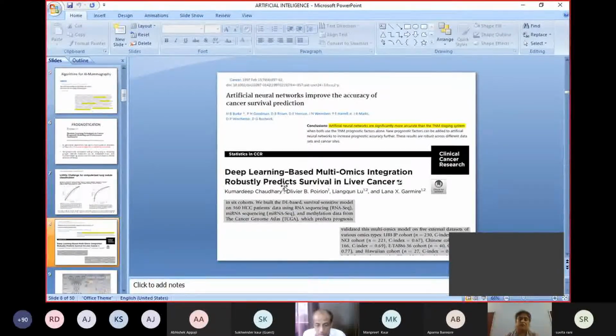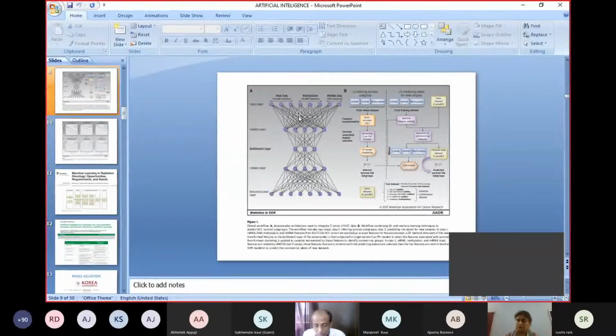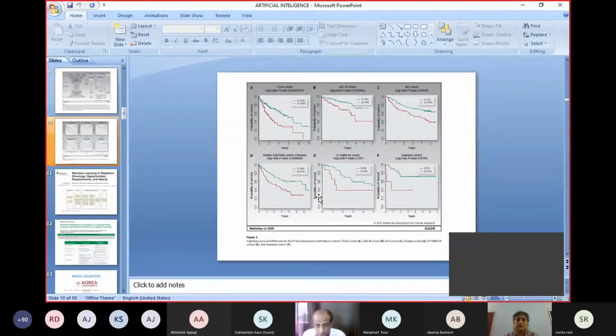Then similarly, we can also predict the survivability for liver tumors. This is how artificial intelligence plays a role. There are so many layers of computerized connections and algorithms. This is the input layer, and this is the output layer, where the computer gives us an output saying whether the patient's prognosis will be good or not. You can see 6 different types of algorithms were used, and in each one